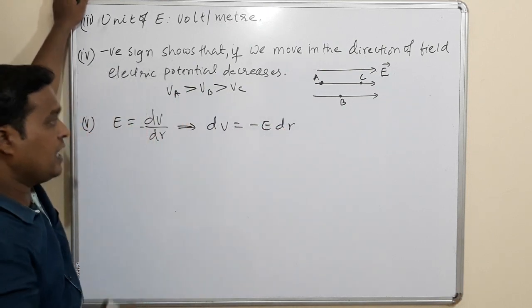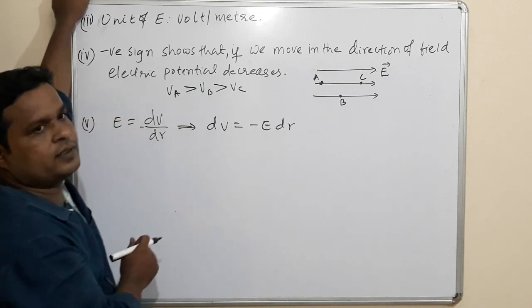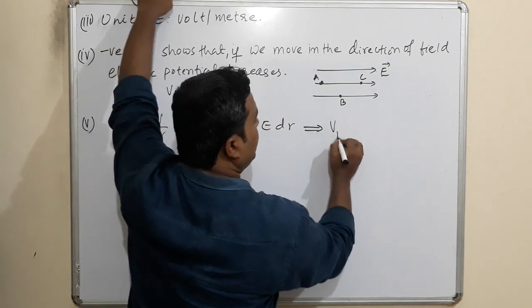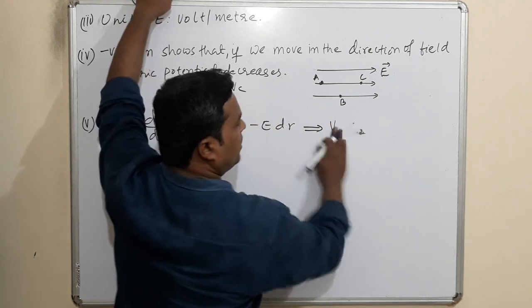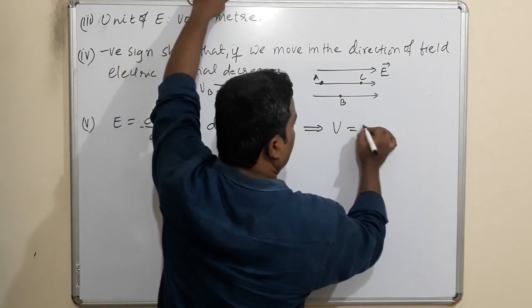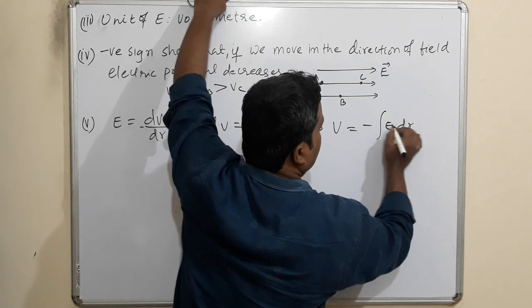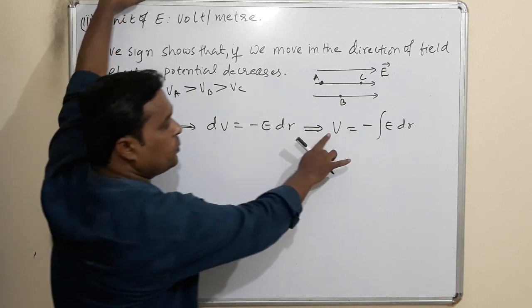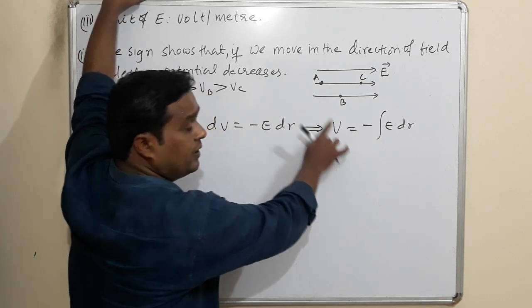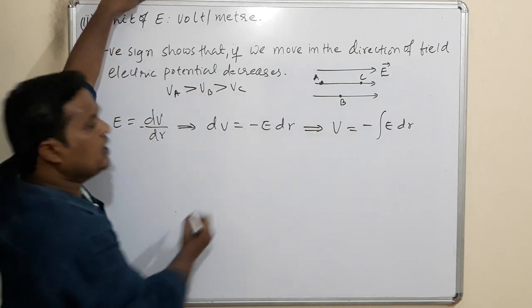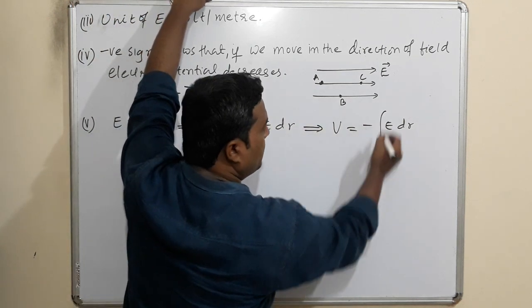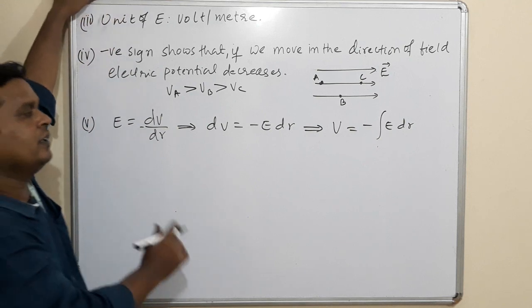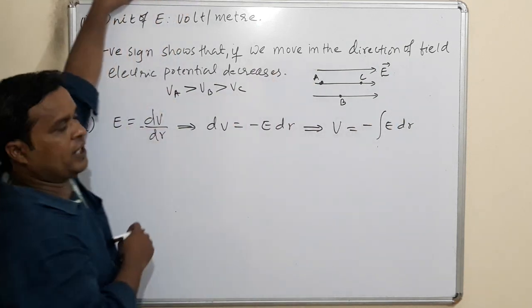If I want the potential difference at a particular point, choosing a reference point, I can write this as VB minus VA, or just V is equal to minus the integral of E dr. One thing to remember: V is a scalar, and this V is not the potential, it is the potential difference between two points. If we have some limits here, I can say it is from A to B. Remember that by integrating the electric field you will get potential.